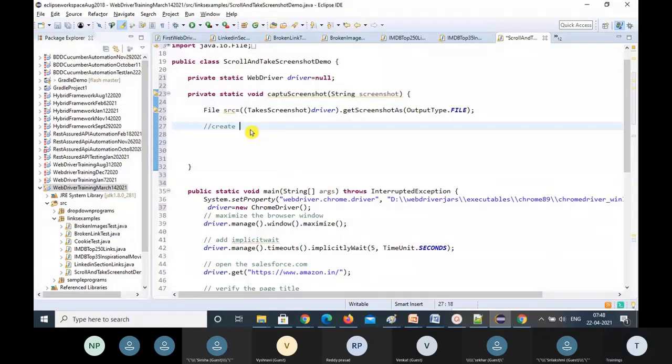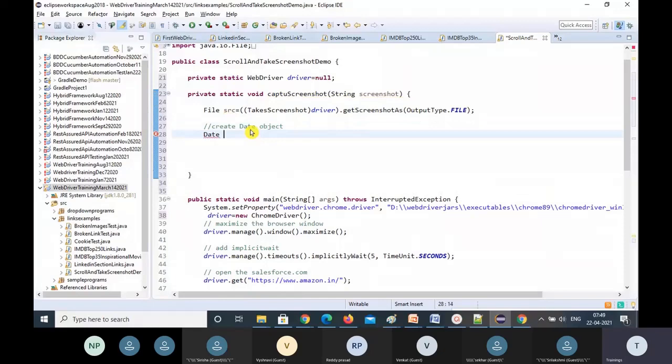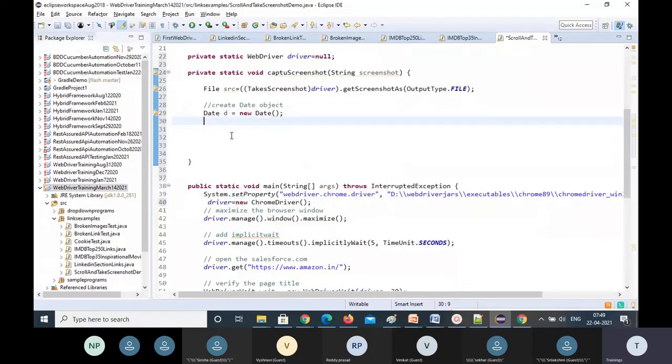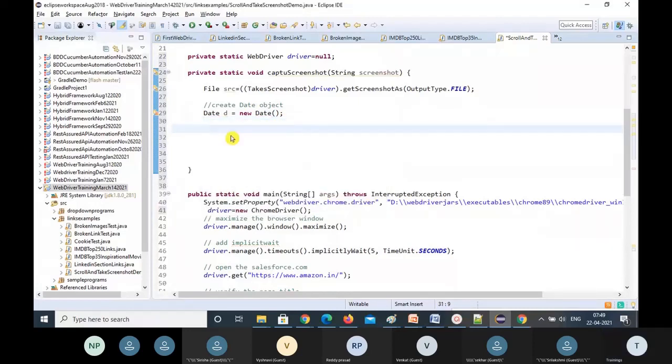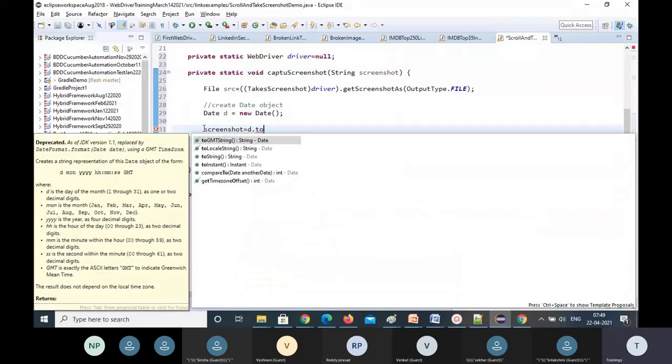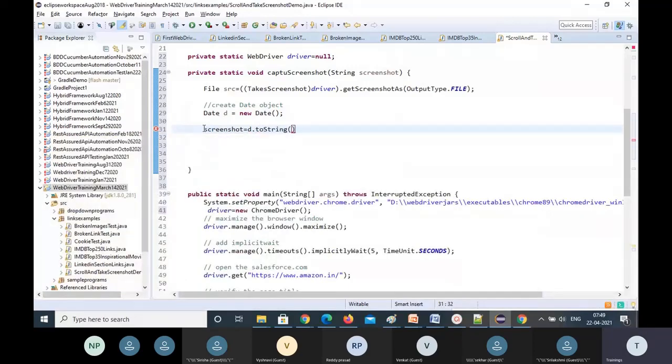Create a date object: Date d equal to new Date. Just import java.util for that. Now this screenshot name, I'm going to append that date. So the screenshot equal to d.toString, converting the date to string format.